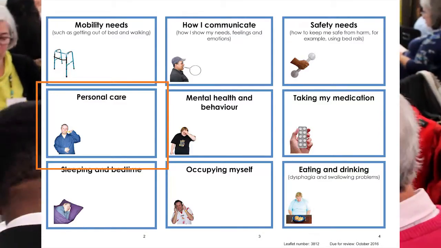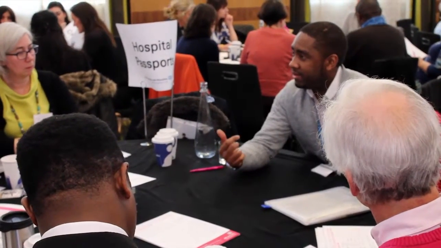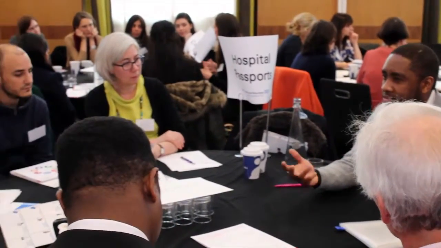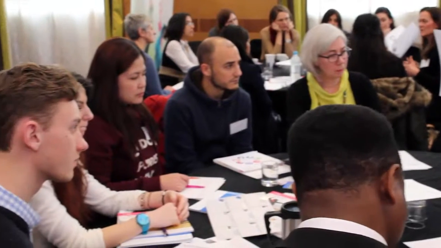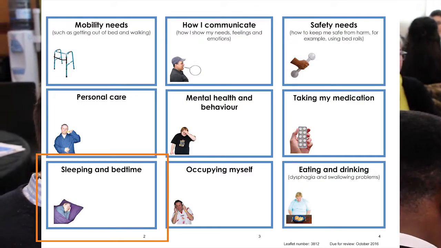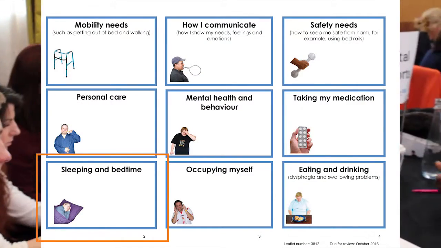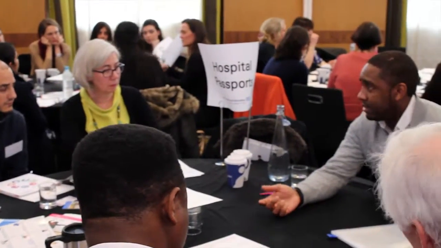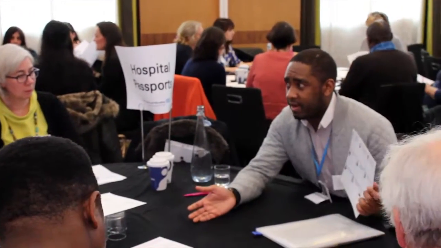Personal care. Can the person wash and dress themselves? Do they need support? What's their level of skill in terms of that? Can they go to the toilet by themselves? This is what's really important on a ward when you're working with somebody within a hospital. Sleeping and bedtime. What time do they go to bed? What time do they normally wake up? Do they sleep all the way throughout the night? Again, if it's written in there that somebody sleeps all the way throughout the night, and we find in hospital they're waking up 4 or 5 times during the night, we need to start thinking, what is actually going on